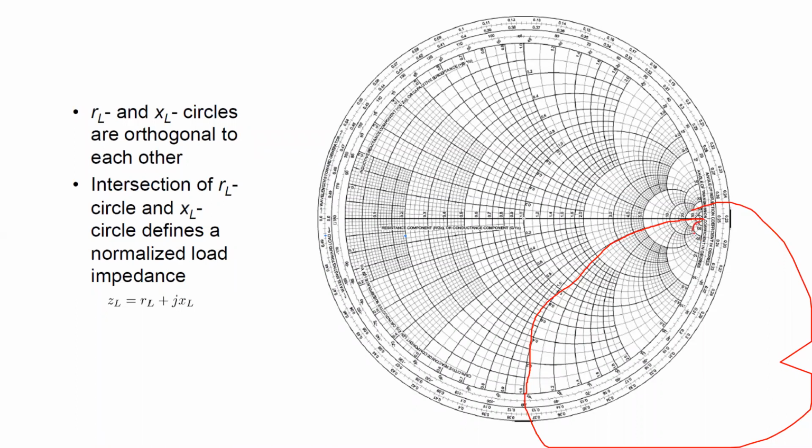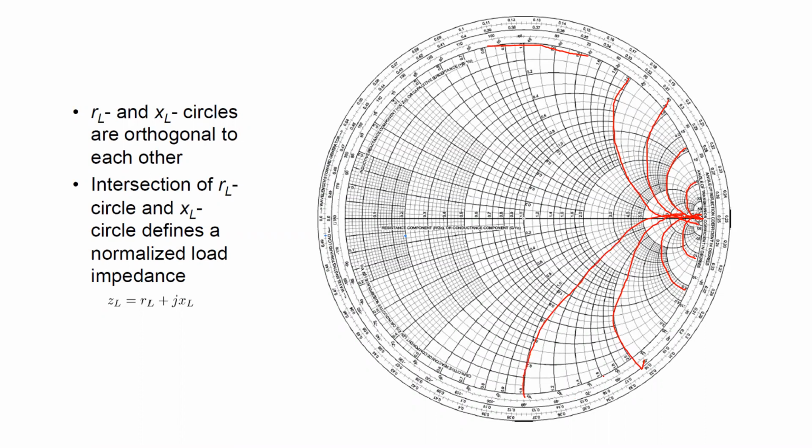Here also you can see there is another line. If I complete it, it will be in this form. If I complete this side, it will be like this. Similarly, if I consider the other end, it will be like this. If you observe, if I consider the outer circle of the resistance, these circles are being terminated at this point. You can observe this branching kind of thing. These are the reactance circles.